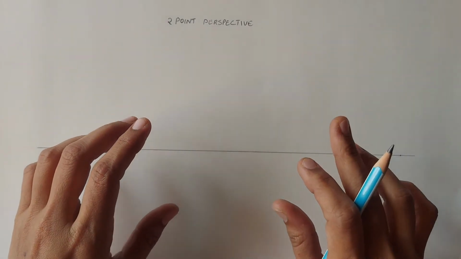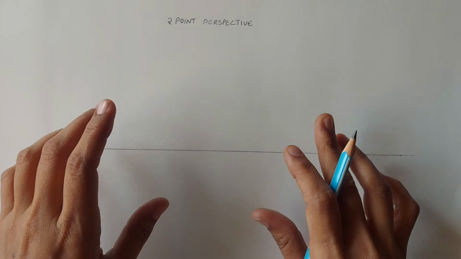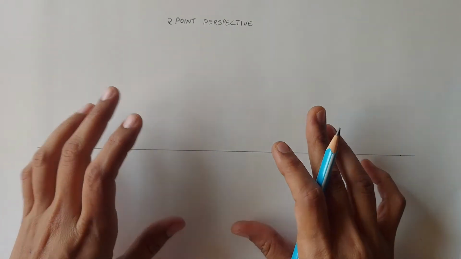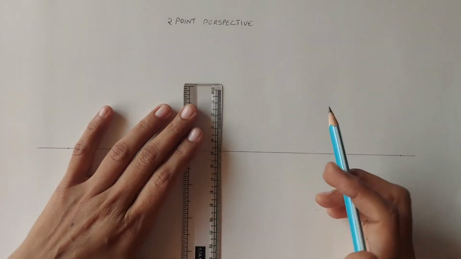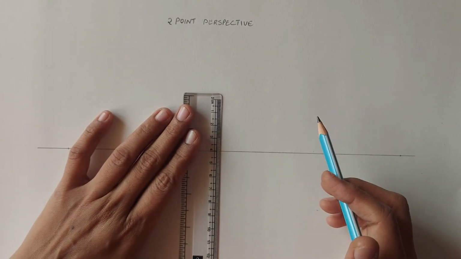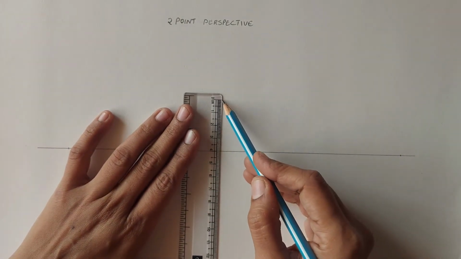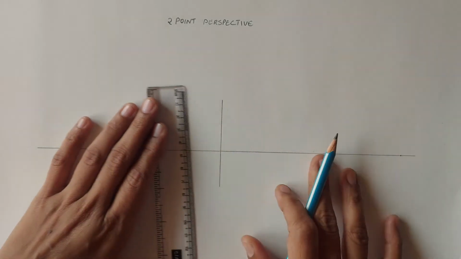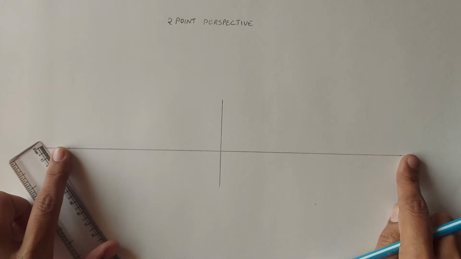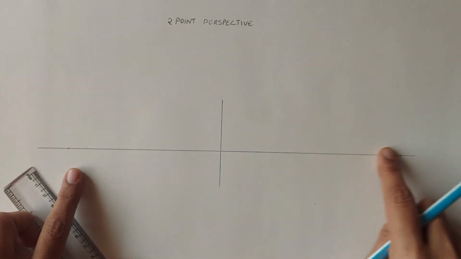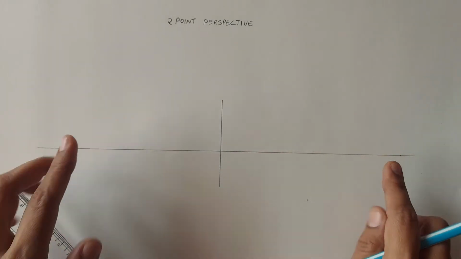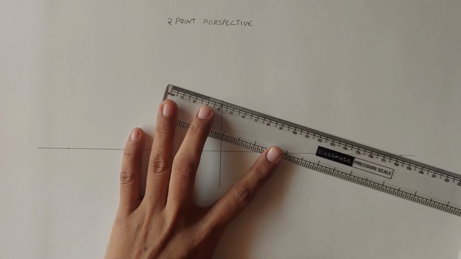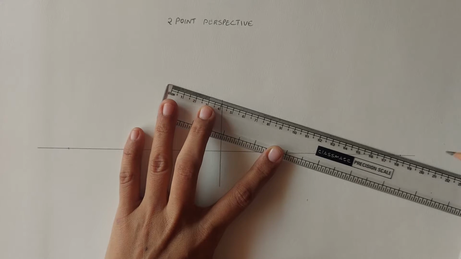Now let's draw some boxes for better understanding. We have our horizon line and have marked two vanishing points, right? In 1-point perspective, we start drawing the front of the object, and in 2-point perspective, we are looking at the corner of an object. So how do we start here? We will actually start with a line. This line will be on the horizon line, that is, the box is right in front of our eyes.